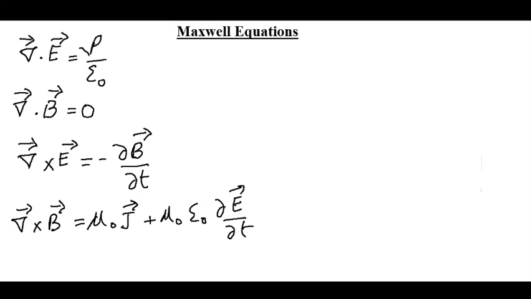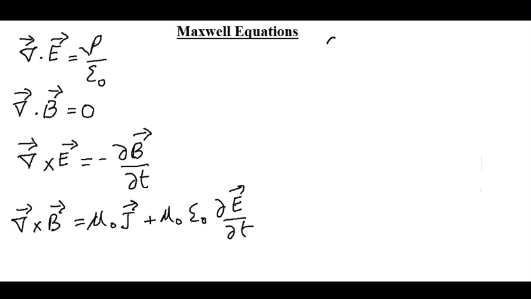These 4 are the Maxwell equations in the differential form. First one is the Gauss's law for electrostatics. Second one is the Gauss's law for magnetostatics. Third one is the Faraday law of electromagnetic induction, and the fourth one is Ampere-Maxwell equation. Now we will write them in the integral form, and in the integral form, the Gauss's law for electrostatics can